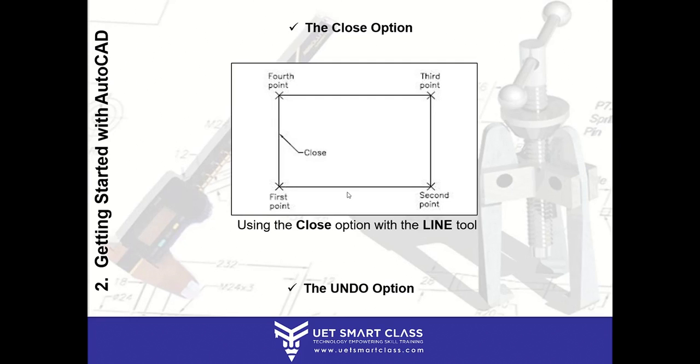Right? And one more important thing to remember is the undo option. If, for example, you have taken the first point and you're going to take the second point, but by mistake you have taken the second point somewhere in the middle, and that is the wrong dimension, then within the command you can press Control plus Z for undoing it, or you can go to the quick access toolbar and click on Undo.